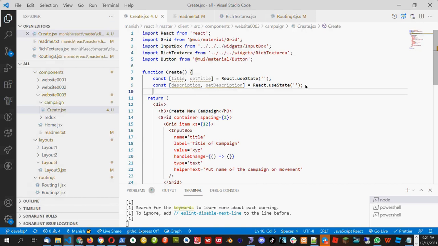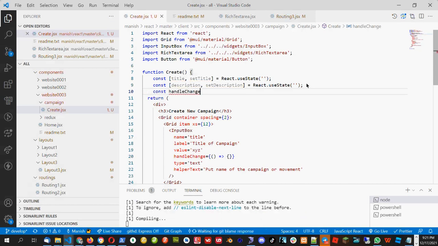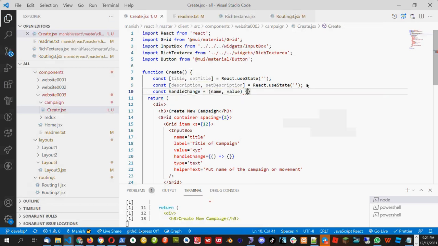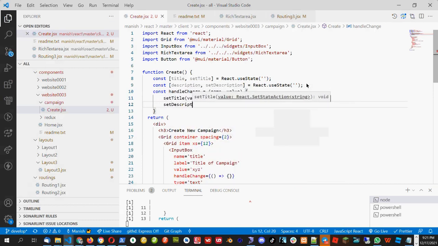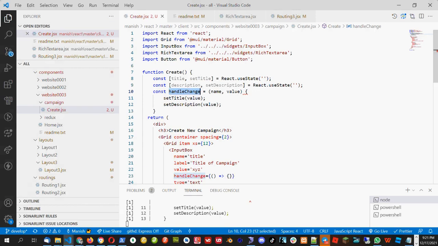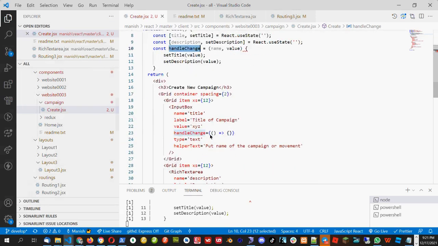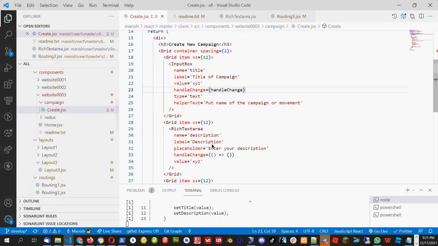Then you have created the function handle change equal to name and value. And then what did you do? Set title, value, set description, value. So what will be the problem now here? If you put this handle change inside this handle change,